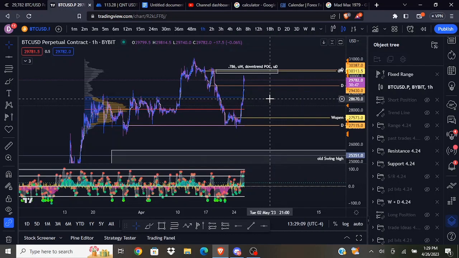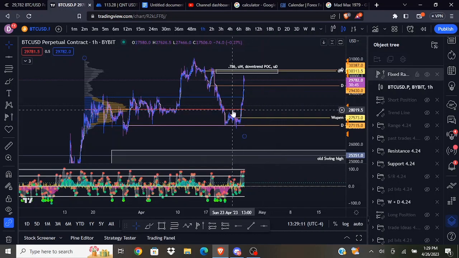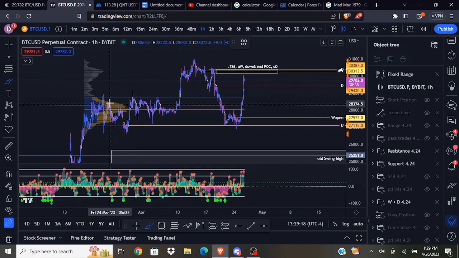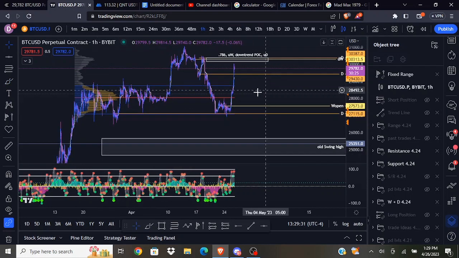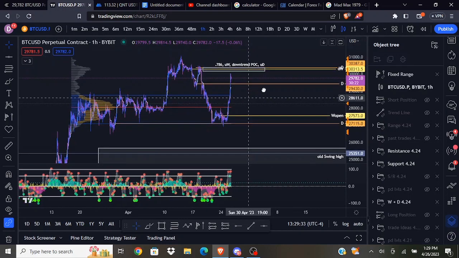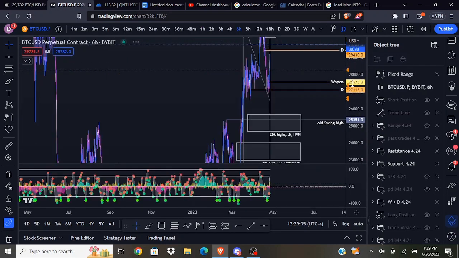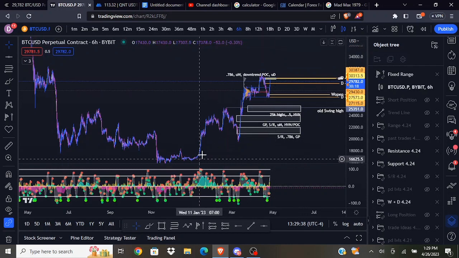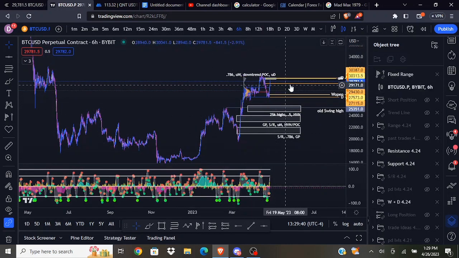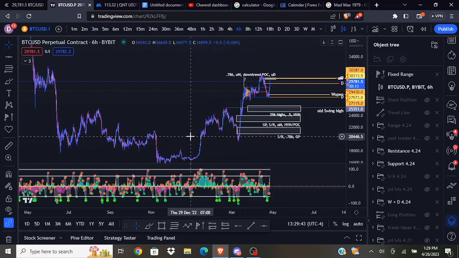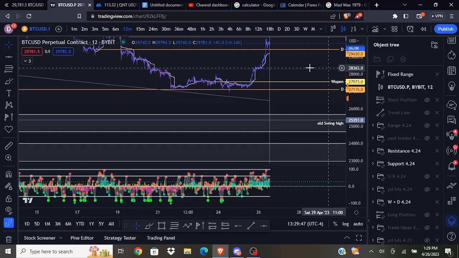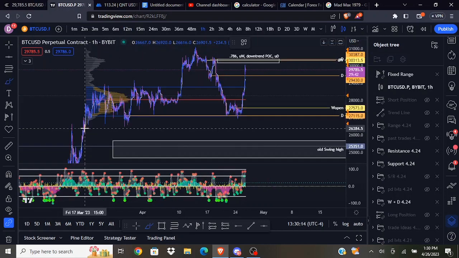Alright, so in this video, I'll be talking about fixed range volume profiles, different ways that I pull them, different ways that I use them, and this tool is probably one of my most used tools in trading because for the most part, I am trading ranges. Price more often than not is ranging. Even if on a higher time frame we're in an uptrend, we're going to form ranges on the way up that we can trade. And so that's primarily where I like to trade because there are many great opportunities inside